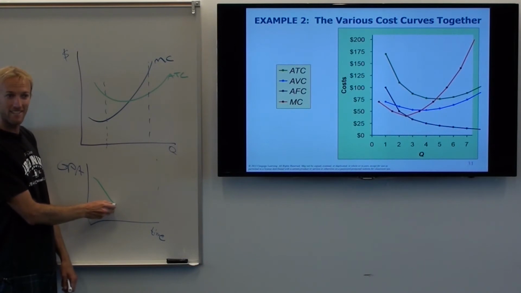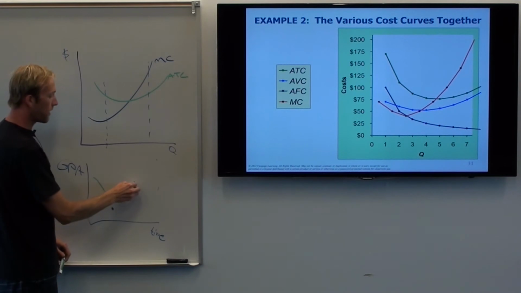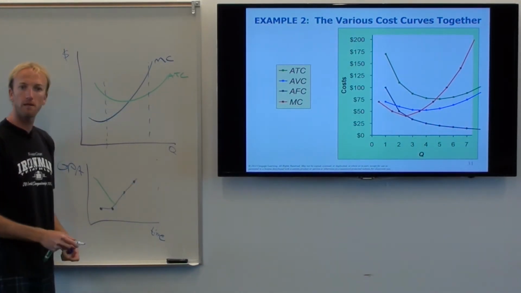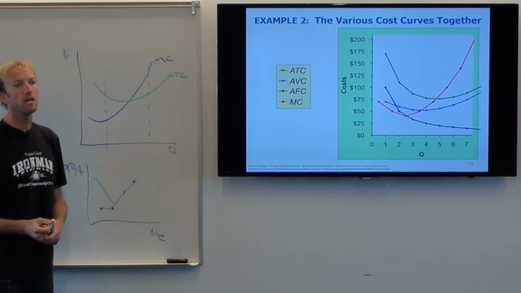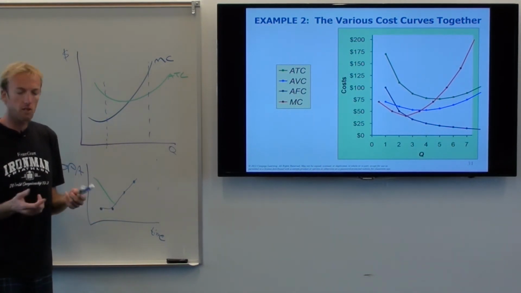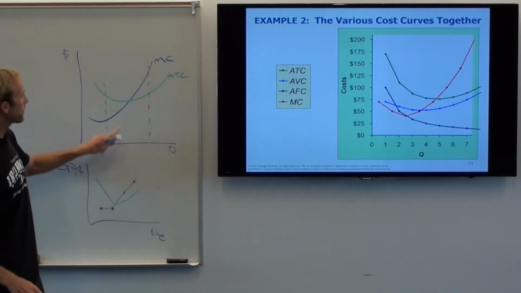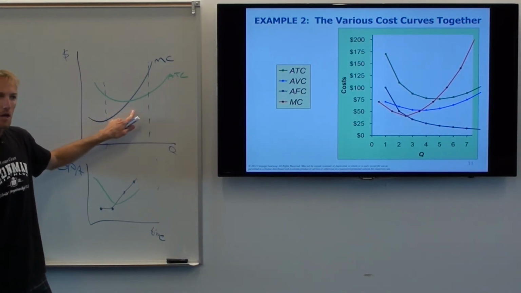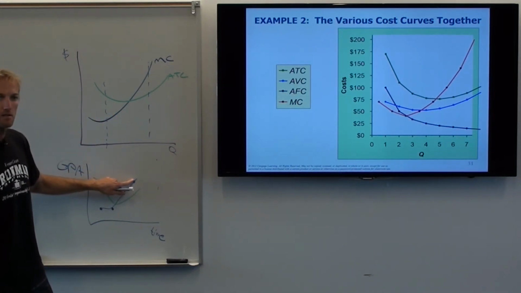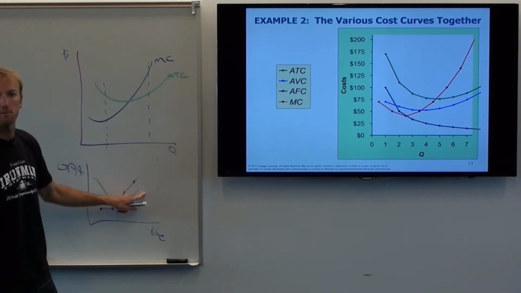Boo! Right? But then, what happens if you decide to get a 3.0 and then a 4.0? Right? And so your GPA over time is going up like this. What's that going to do to your average? Sometimes they call it cumulative, which is like average GPA. What's that going to do to your average GPA? It's going to bring it back up. Hey, look, this graph looks just like that graph. You see that? Where marginal cost is like your GPA every single semester. And then average total cost is like your overall total cumulative average GPA.